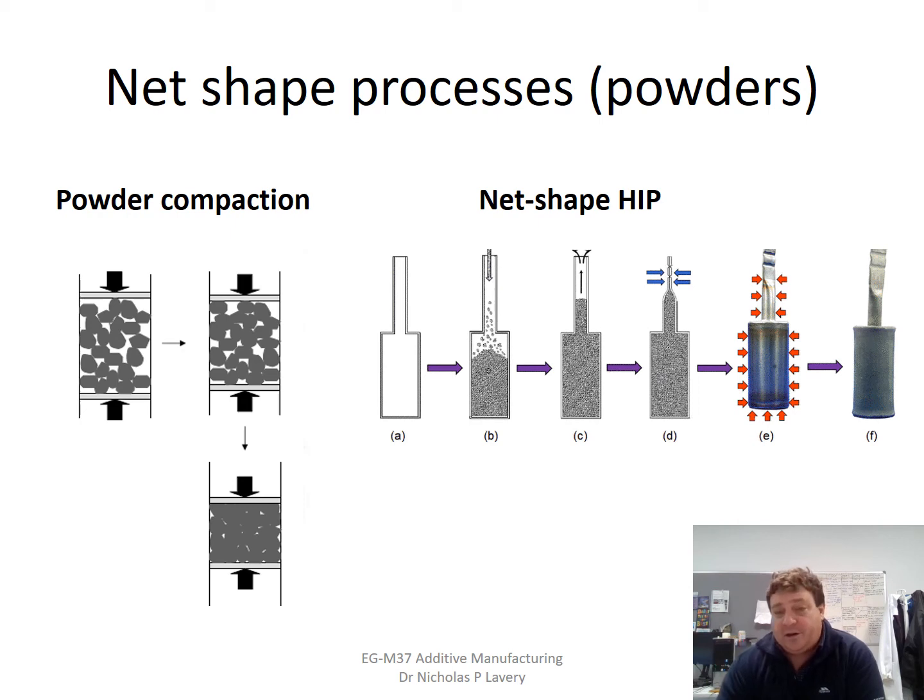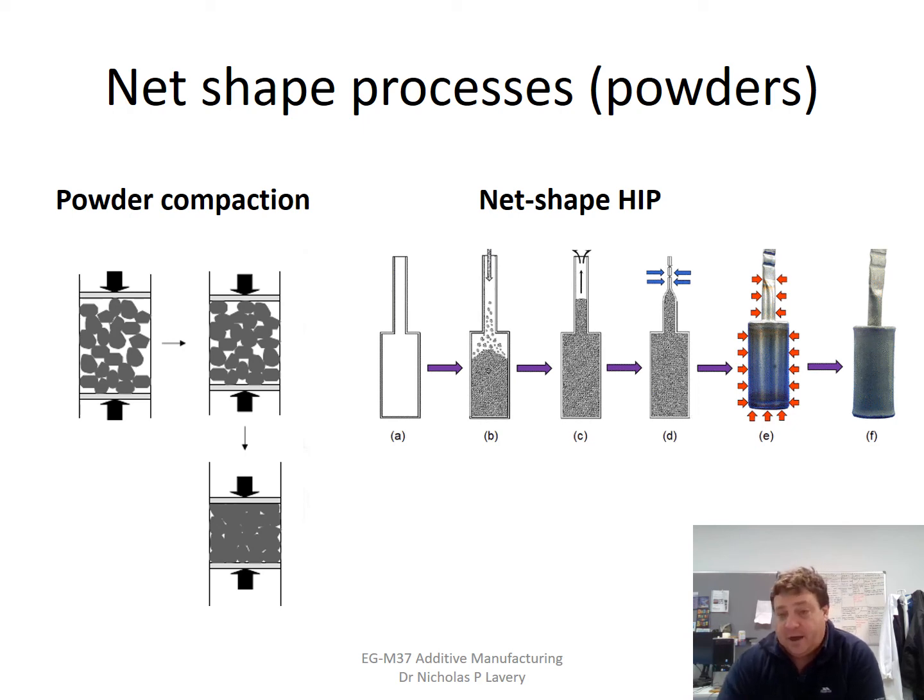So HIP is hot isostatic pressing, where you can actually have form by using hot isostatic pressing, which is also a heat treatment for some materials, but in this case we're using it to take powders, which are put into a case. The case has got a shape. Okay, it's vacuumed out and crimped, and then the shape is formed within. This is actually called a can. Okay, the can is deformed under high pressure and high temperature, and then the can is removed to give you